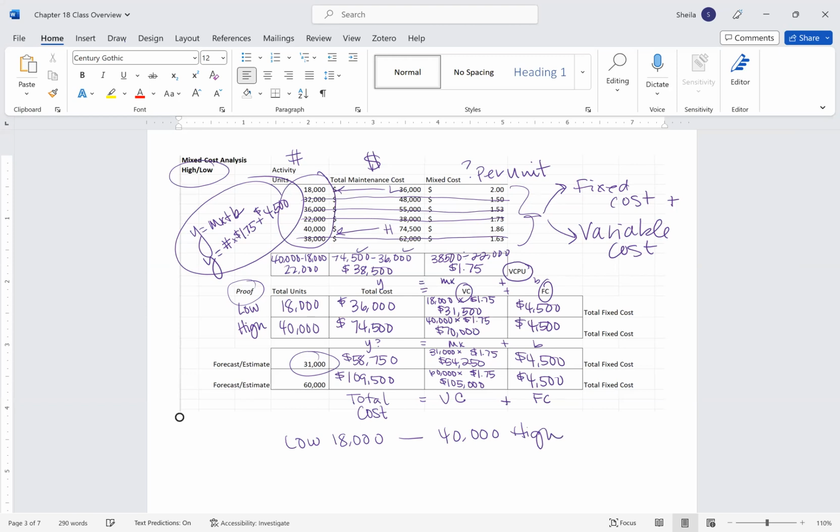Okay, those are the points that I've already operated at. Okay, so this model is really based on these numbers. So 31,000 falls in between there, we're good. But this 60,000, really what we're saying is, well, that's outside of the relevant range. So one of our key assumptions for cost, volume, profit is that we're operating within a relevant range when we're considering mixed cost. So we might just put on the caveat for our boss that, you know, this could be the potential estimate, but that assumes that our fixed costs don't change and that everything operates the way it has